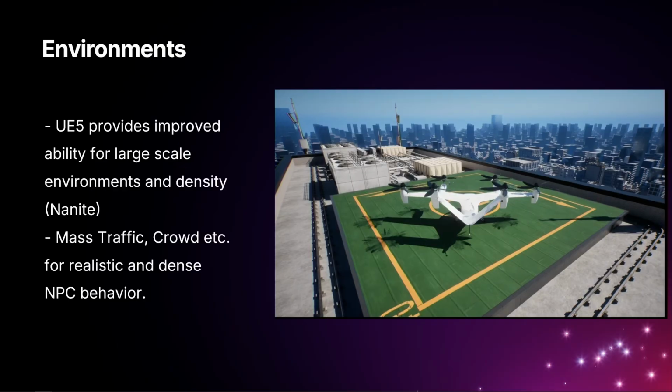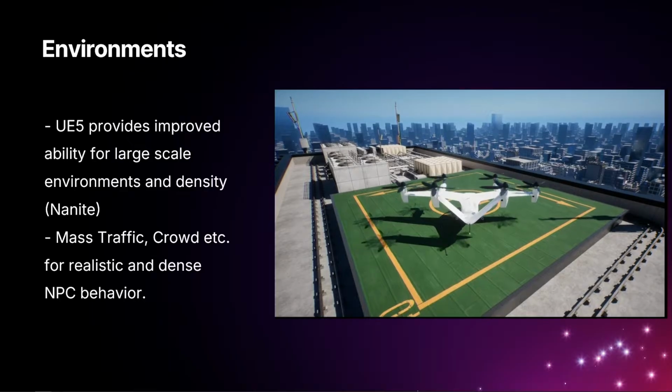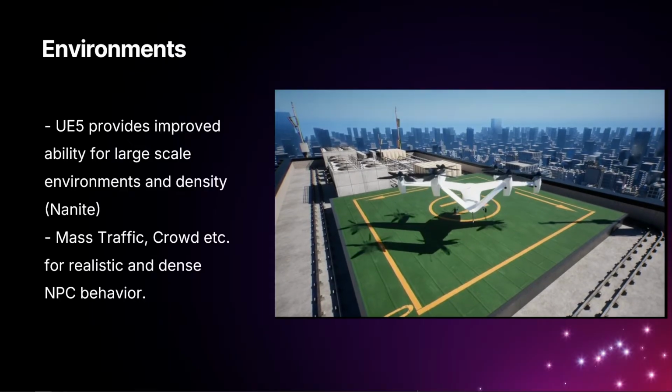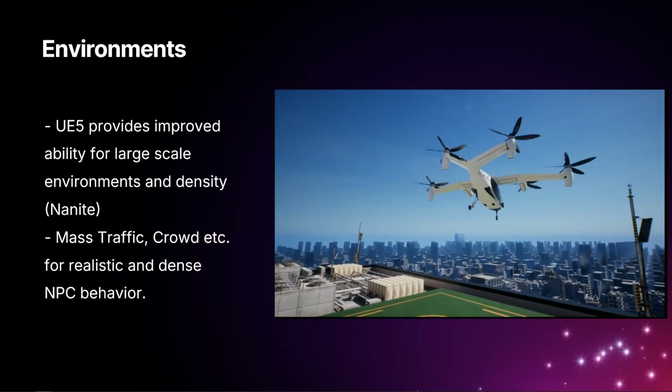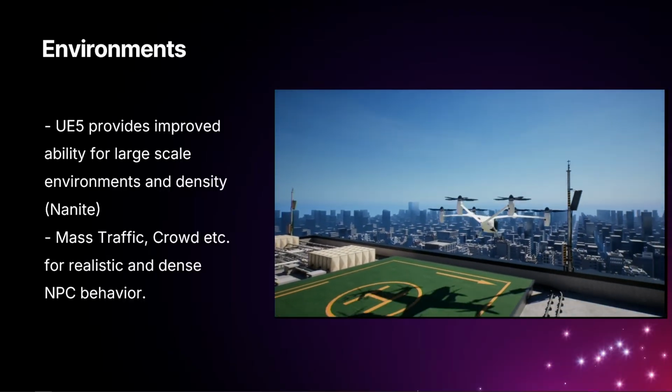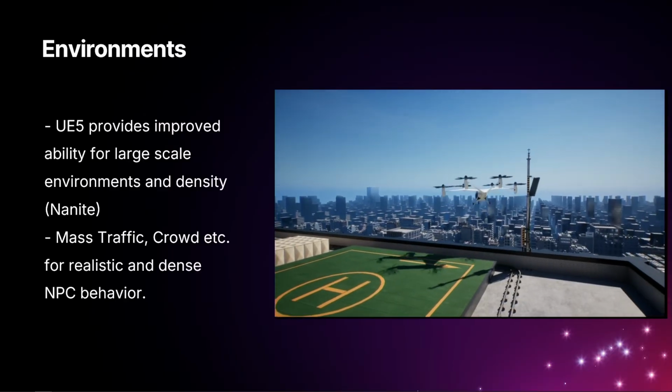So the first thing that we were able to take advantage of with Unreal 5 was the ability to simulate large-scale environments. This is obviously coming from a combination of things. You've got things like Nanite helping with these massive levels of geometry. A lot of you might have seen the Witcher 4 demo this morning where Nanite is going to the next level. Would love to make use of that sometime soon.